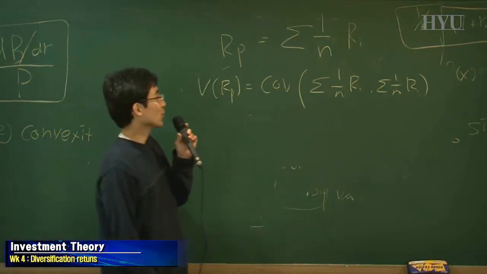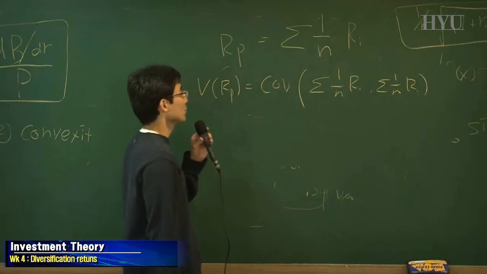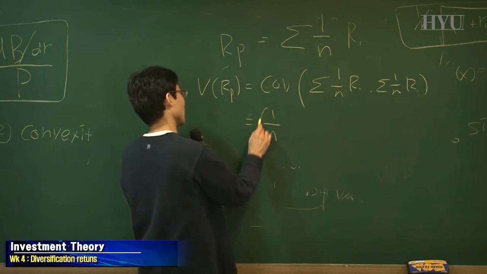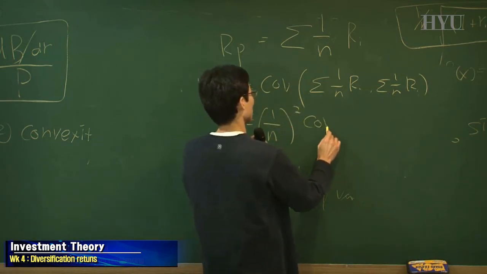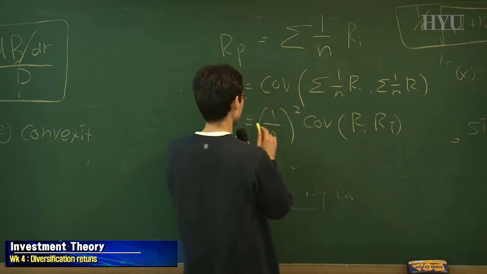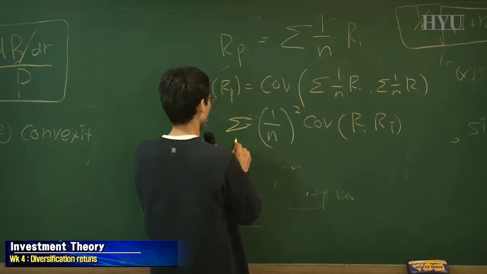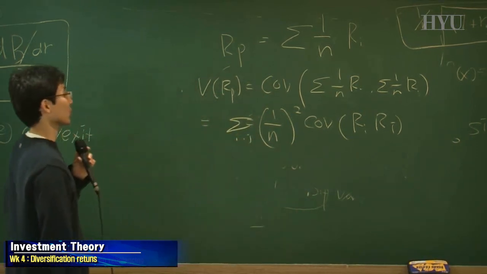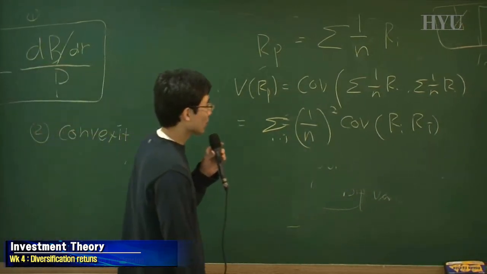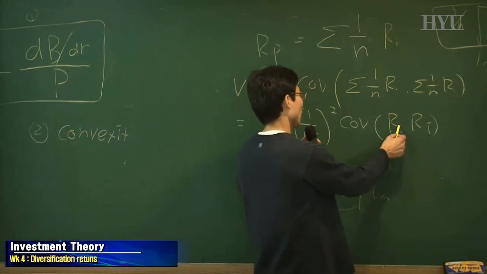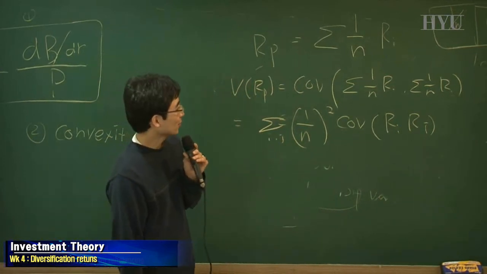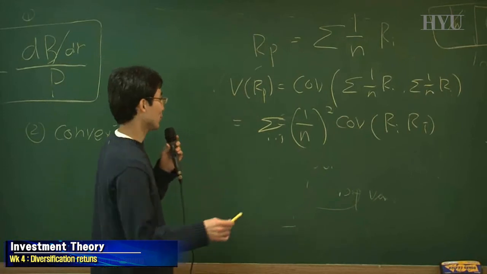And we can factor out 1 over n, and this is over i and j. Right, something like this. We have this relationship, and then for all the possible combinations of i and j, sometimes we have the covariance between an asset and itself, so we can